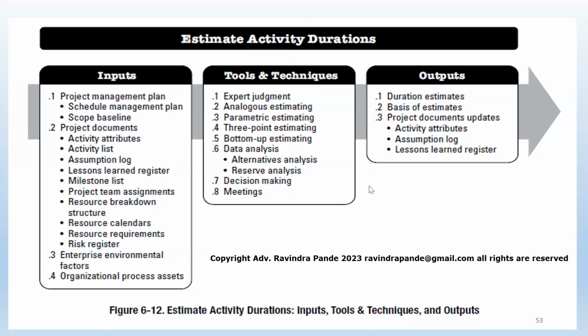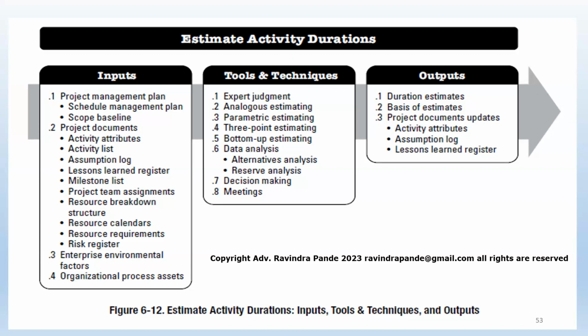So in the inputs of estimate activity duration, as the name suggests, we are estimating the activity duration, how much an activity might take in terms of completing that activity, work item, or task, right? So here we are understanding the estimation of those tasks, work items or activities. The inputs are the schedule management plan and a scope baseline. Schedule management plan,